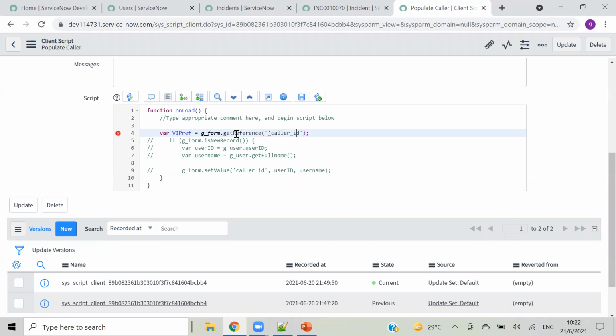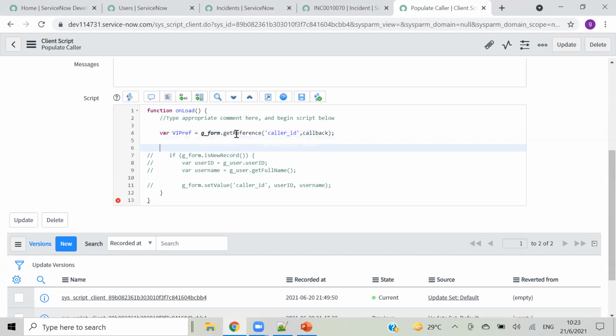Yes, sir. So this caller_id is a reference field, right? Which is pulling all the user data. So that is this one, and a callback function. Same as in JavaScript, I am writing this callback function, a normal one.